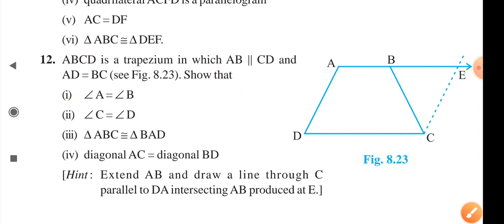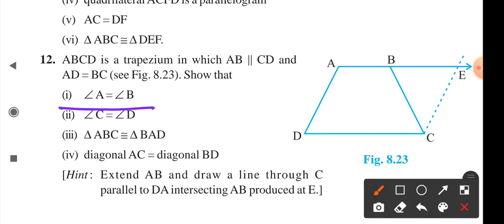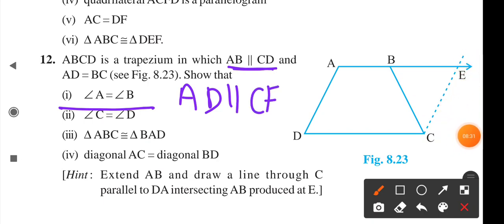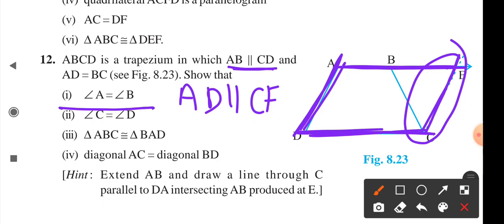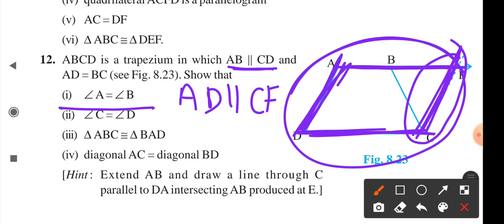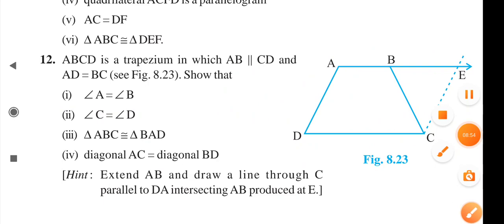Now moving to the question, for the first part, what will you write? For the first part, you will write that since we know that AB is parallel to CD, and AD is parallel to CF. From where does this CF come? We have done it from construction. This CF line is parallel to AD. This you have to write in the construction part. Now you can see that AB line, that means this whole line, AE line is parallel to DC, and this AD line is parallel to CE. So you can say that it is a parallelogram. This you have to write in your copy also.